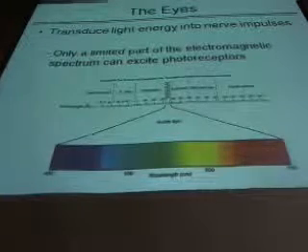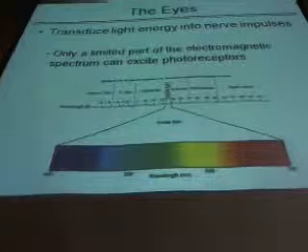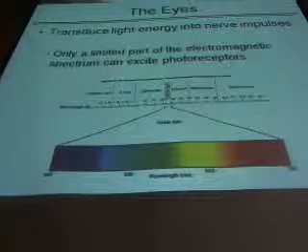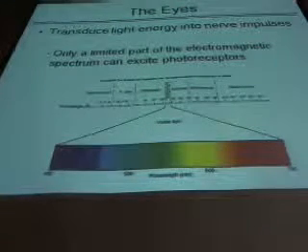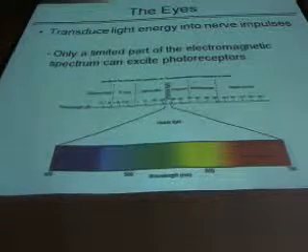Actually, the lens in your eye filters a lot of it. So if you have a lens implant for